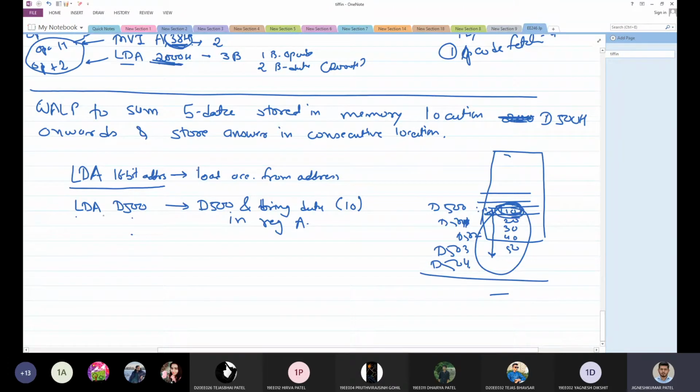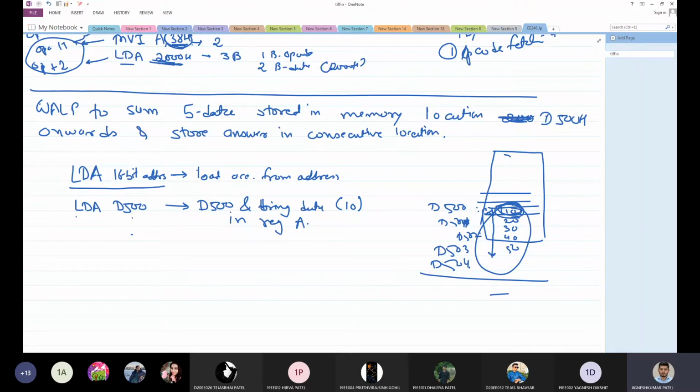So D500 is the location. It will go to this location and bring in whatever data is there. Okay, understand? First you understand this basic concept of this instruction. It will just go to that particular address given, and it will bring whatever data is there inside your accumulator.